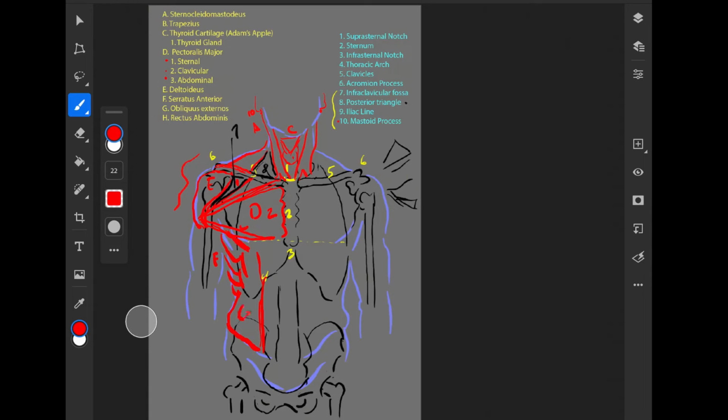Which leads us to our last muscle group, the rectus abdominis muscle. The rectus abdominis muscle starts at the halfway point, the 5th rib. So the 5th rib is where